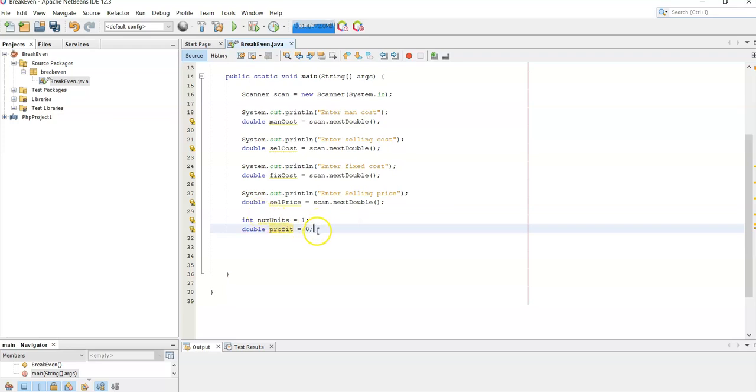Okay, so those are the default values for num units and the profit. Now this is the hardest point. We have to write the correct and efficient formula to calculate our profit. So okay, profit. What is the profit? Number of units multiply selling price,